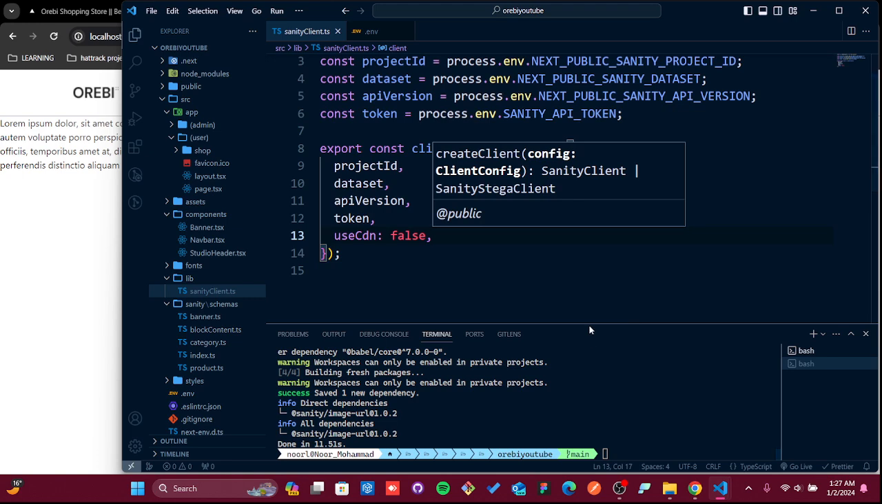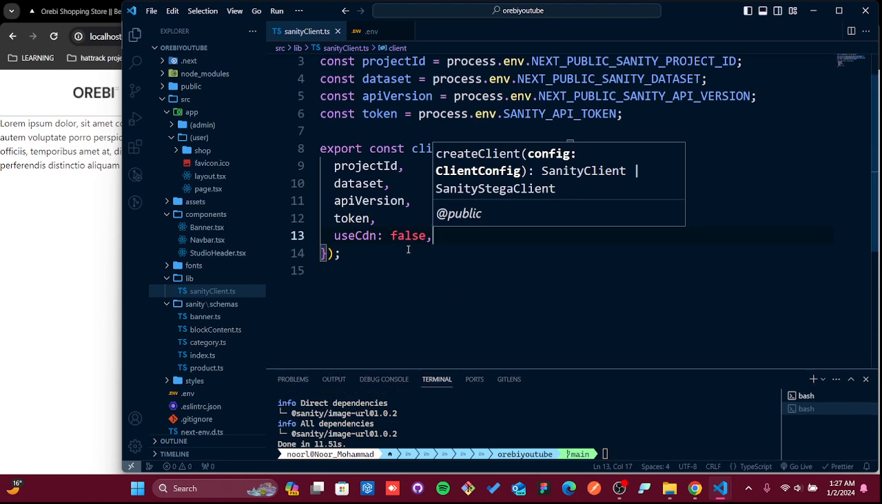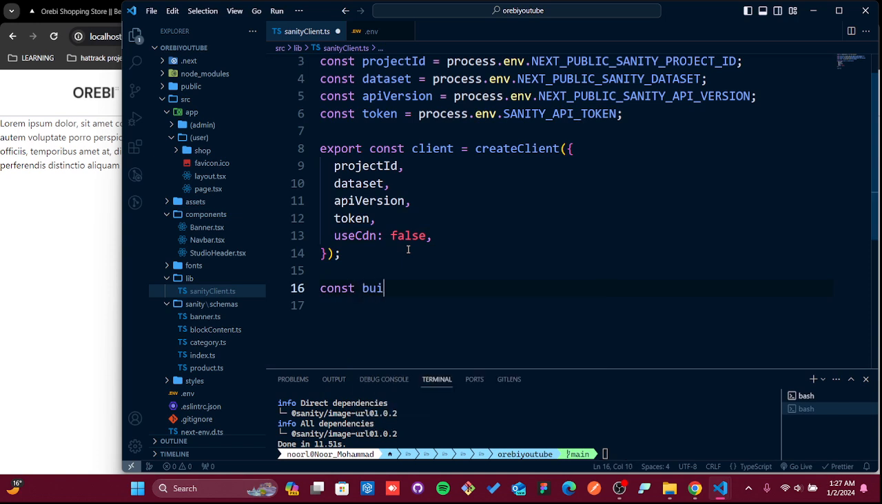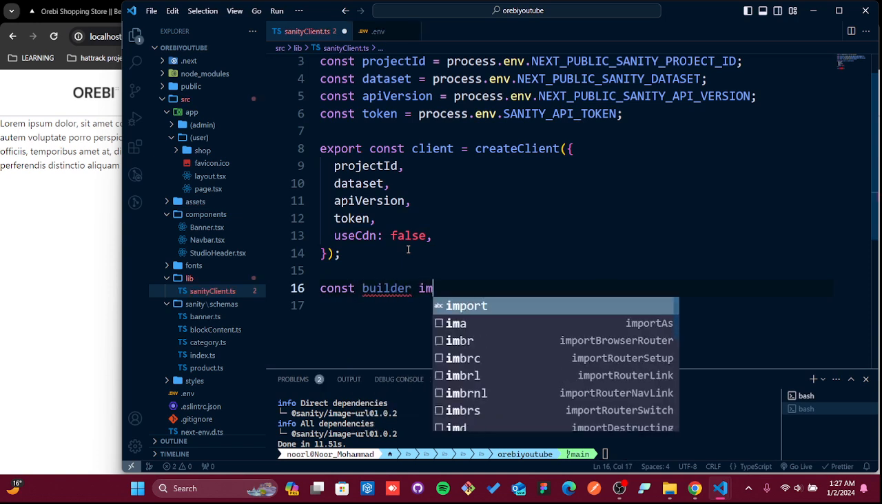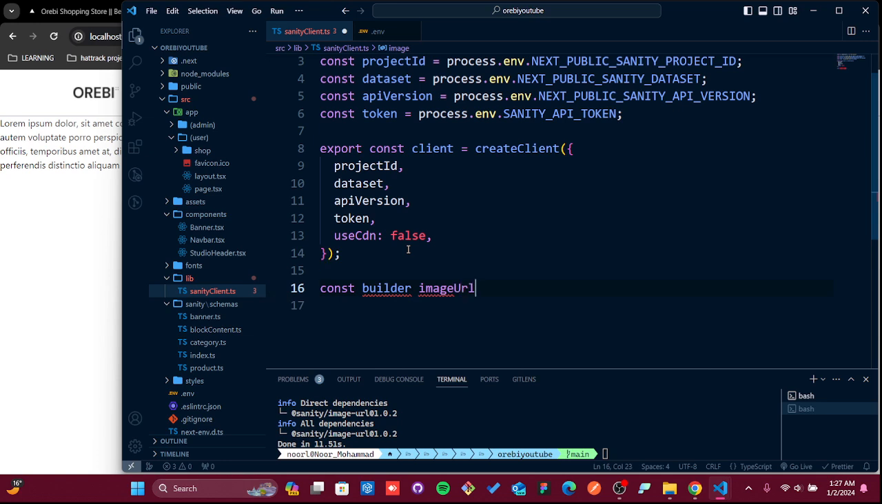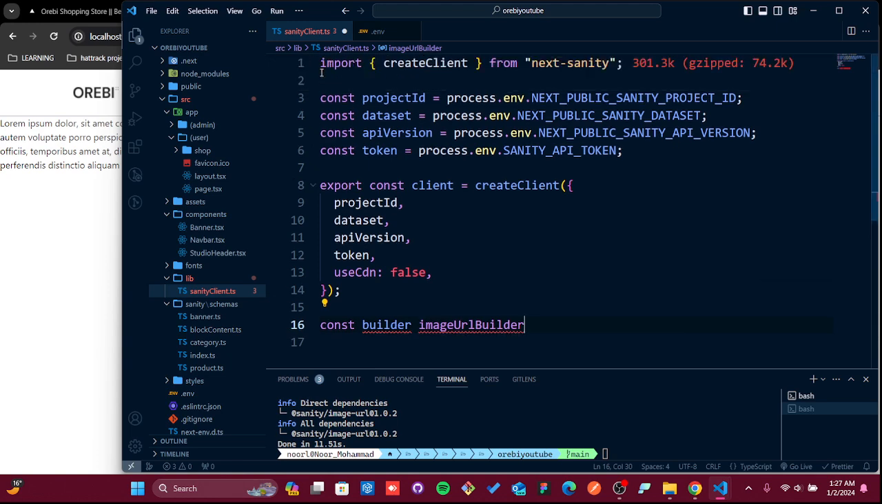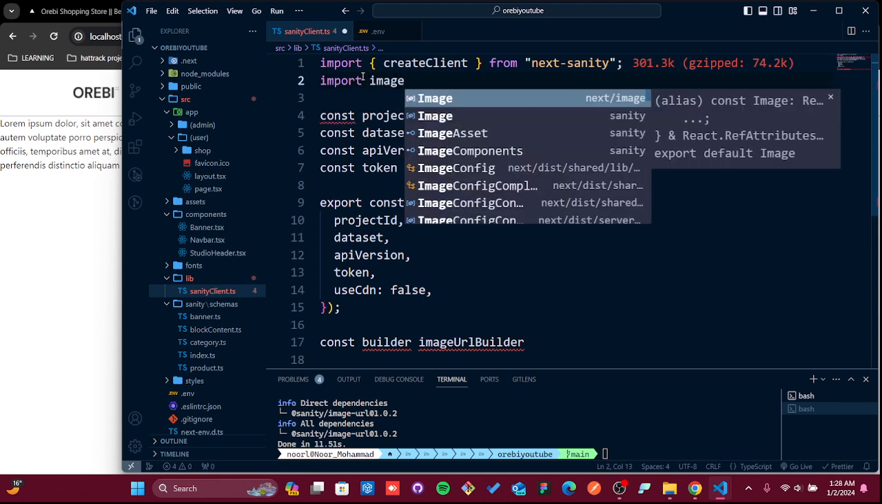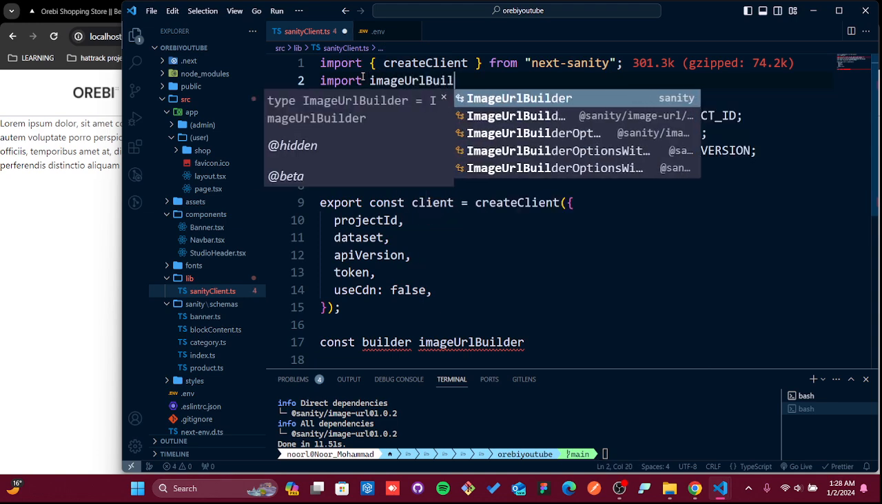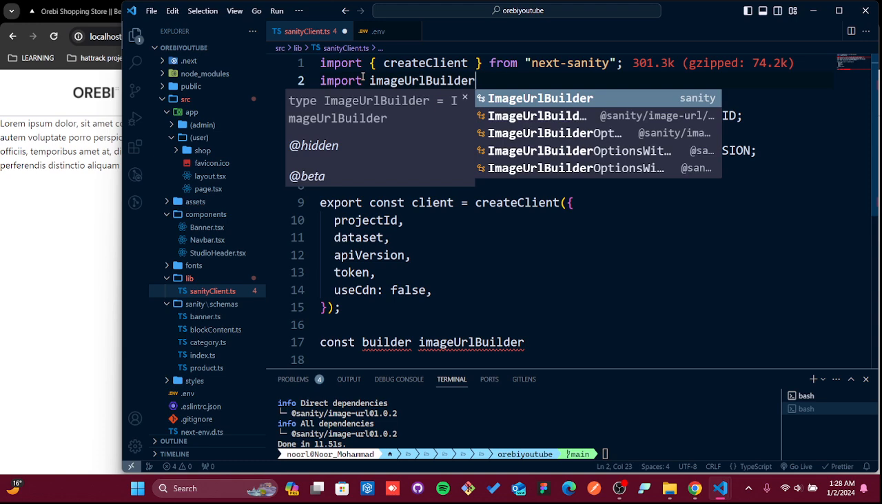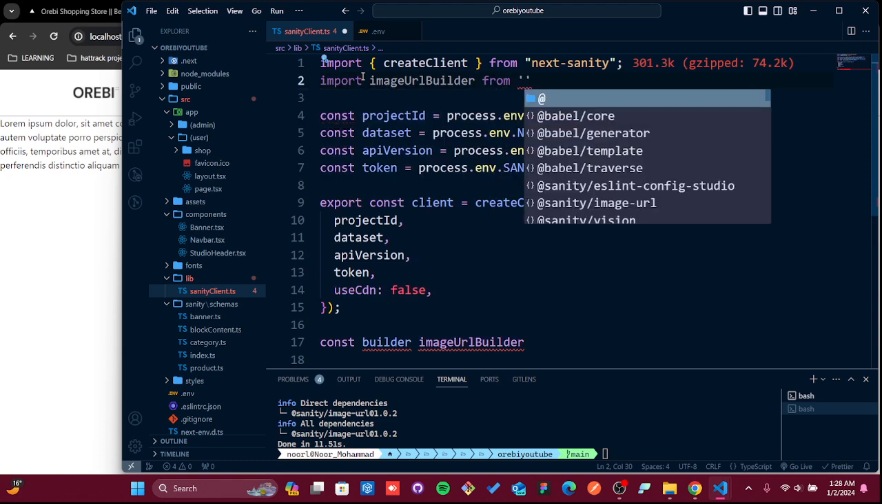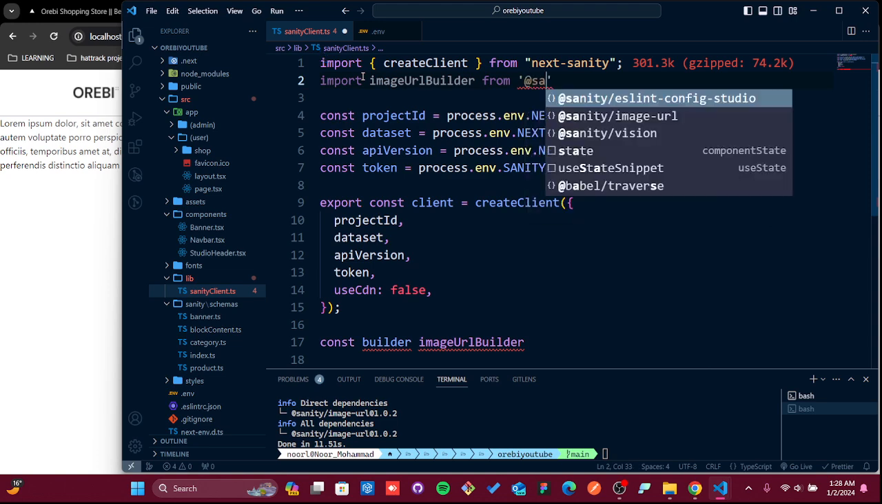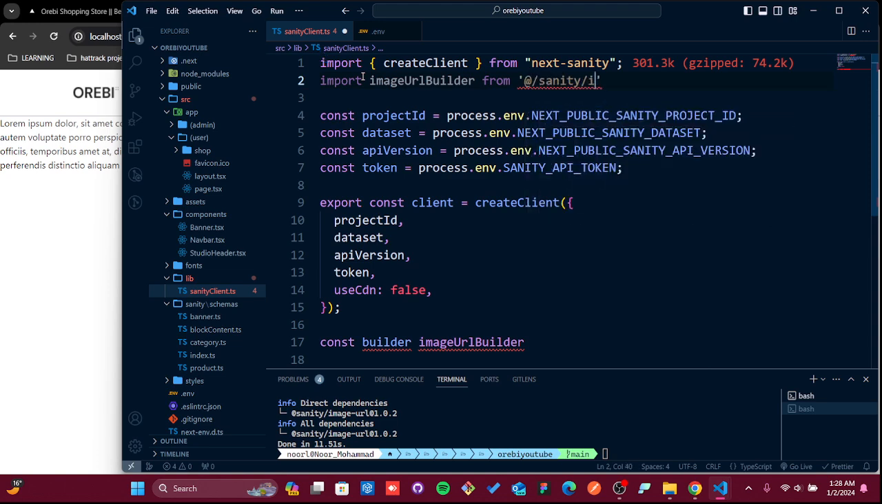And to get the image and to use it, we also need a builder function here. And that one is const builder, and that builder is gonna be image URL builder. So we need to import that from that image URL. So let's go and import. It's going to be import imageUrlBuilder from, I believe, oops, it will be sanity,